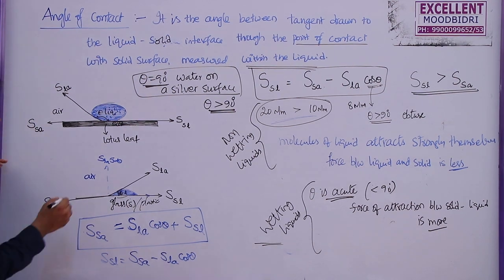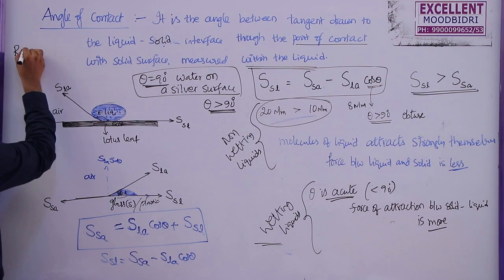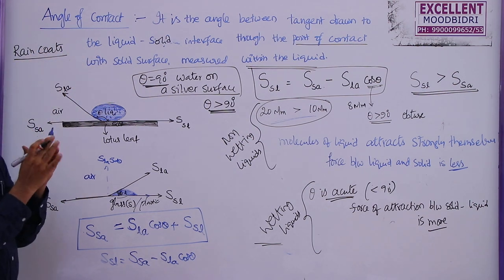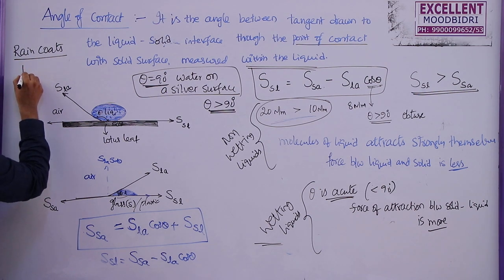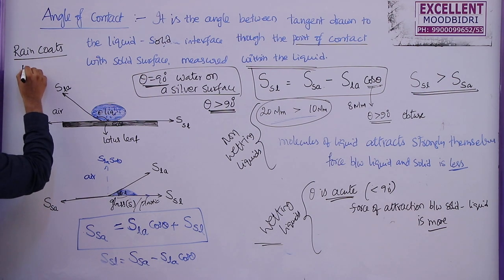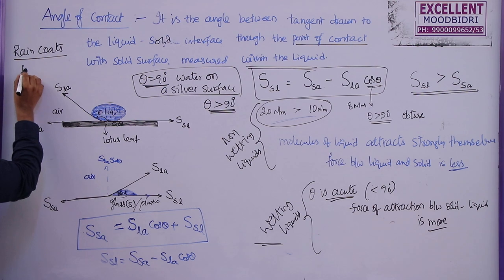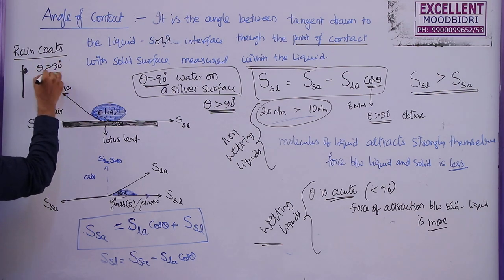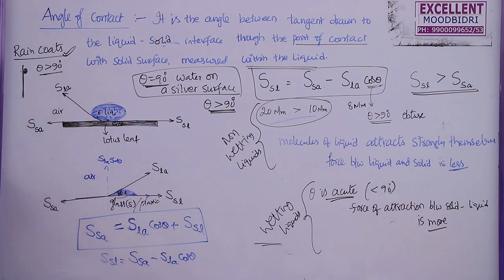Suppose you take these raincoats, the upper surface of the cloth is made or finished or covered with non-wetting surfaces, so that even if a water drop falls on this one, it will not stick to that raincoat. Here also we have to see that this surface is made such that the angle of contact between this water and the surface should be greater than 90 degrees. So this is how we are using these raincoats.